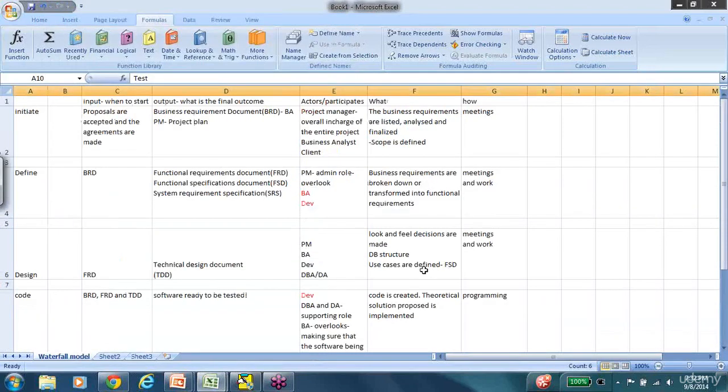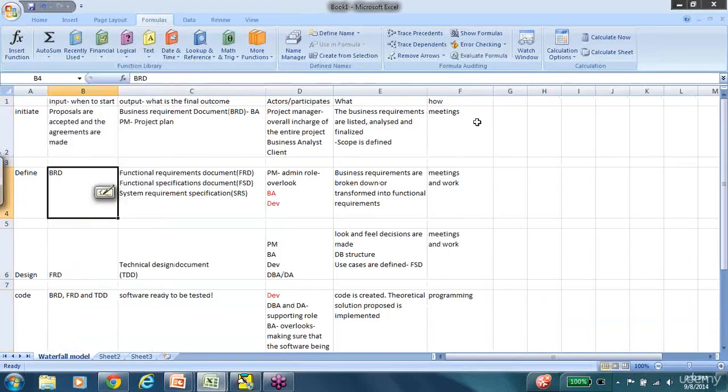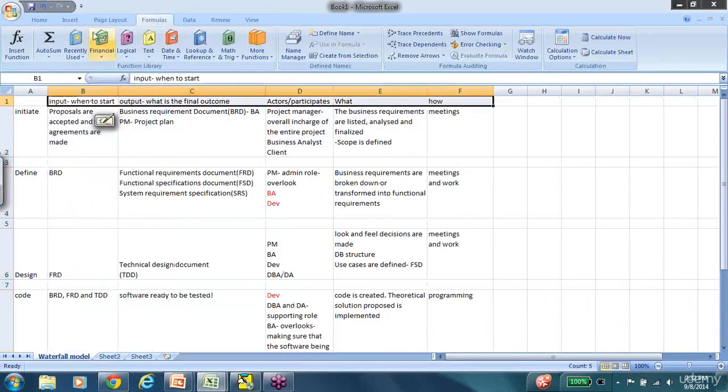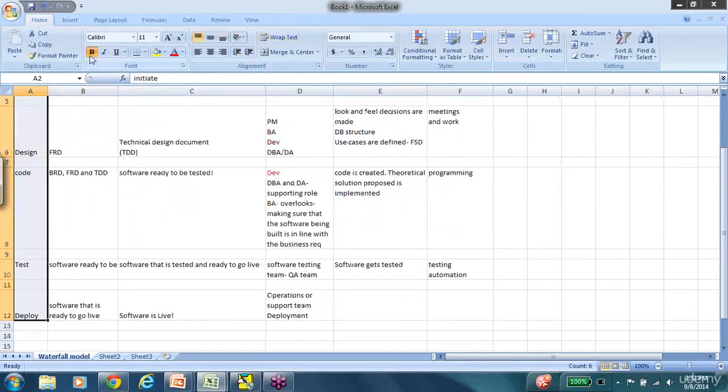Now, to remedy that situation, the best practice is to involve the testers as early on in the process as possible. So, ideally, the testers should get involved in the initiate phase of the project itself. But